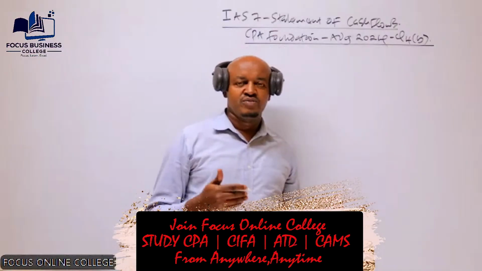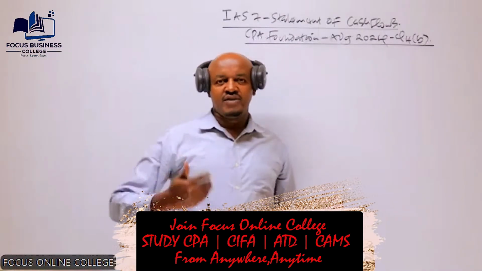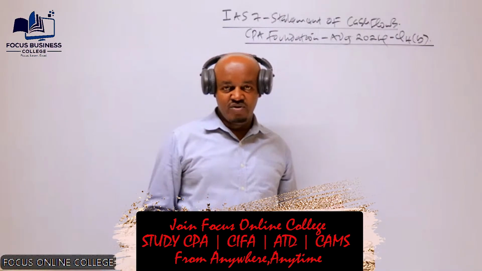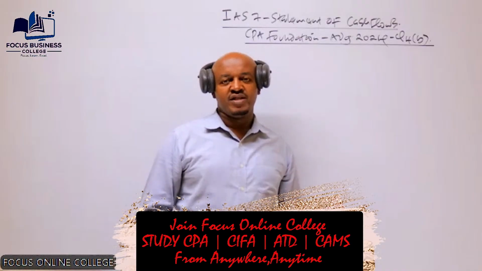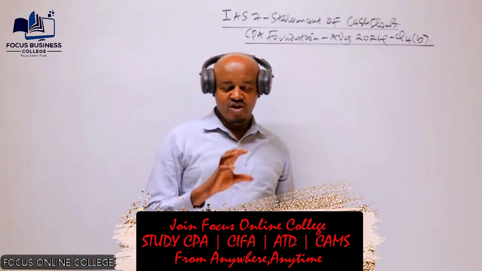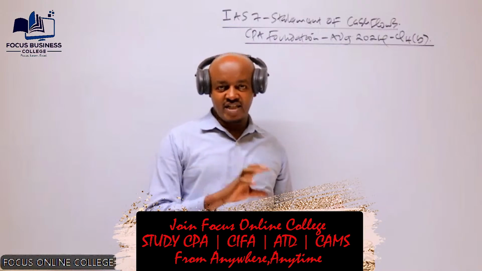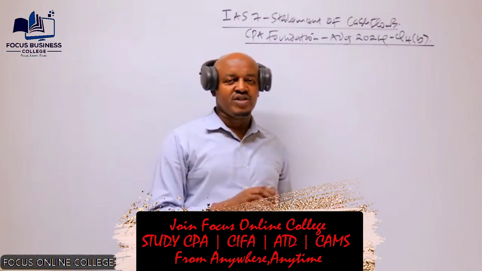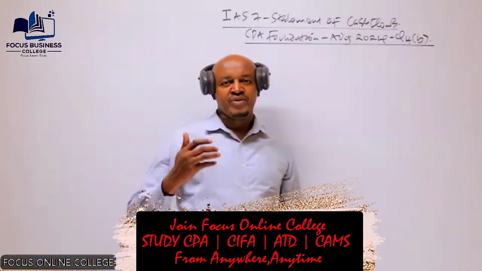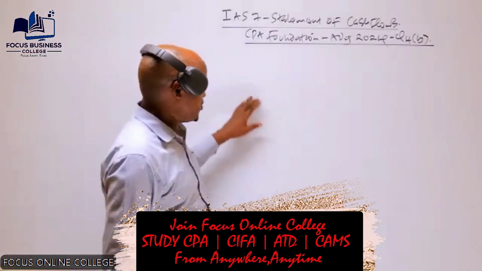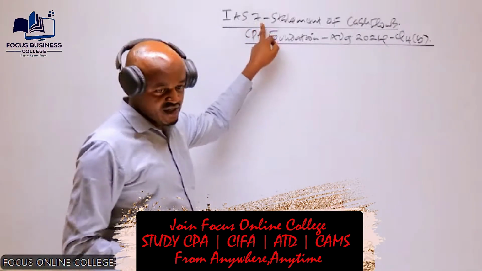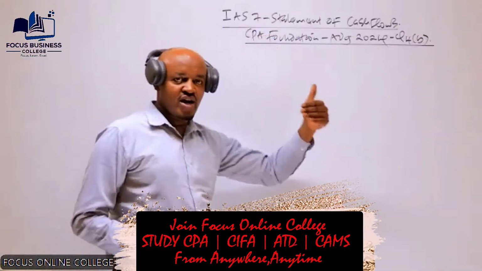Basically, for the company to be able to show the sources of cash and the application of cash. So what that means is that once you're given a statement of cash flow prepared by a company, you should be able to see how the company generated cash and how that particular cash was spent. Now, a statement of cash flows should be prepared in accordance with this particular standard, International Accounting Standard number